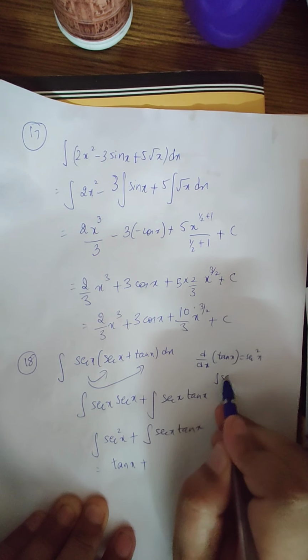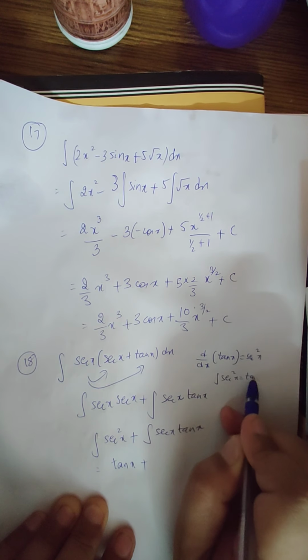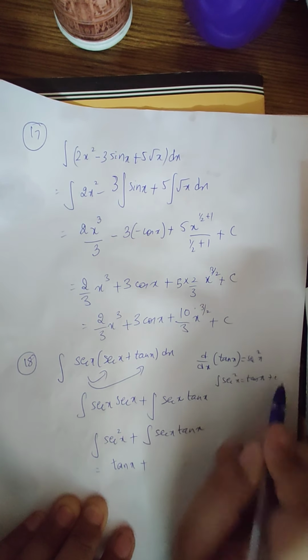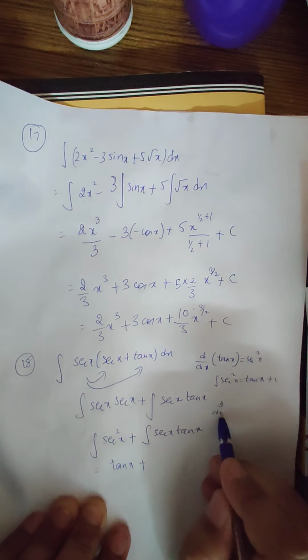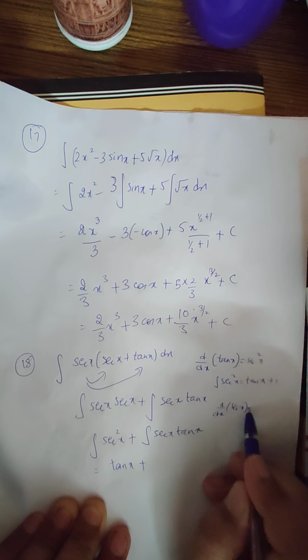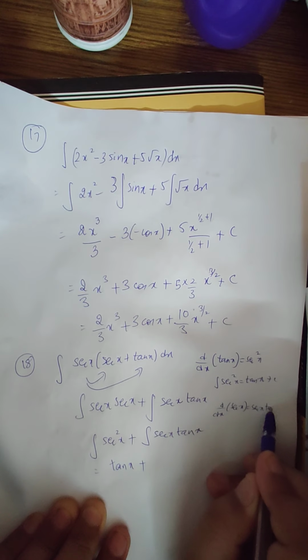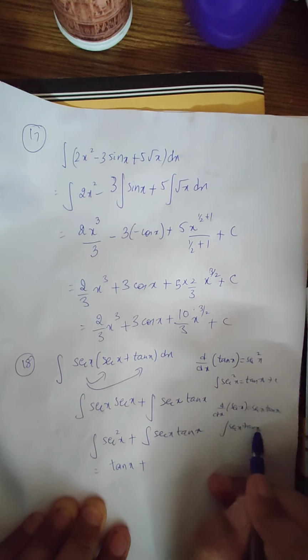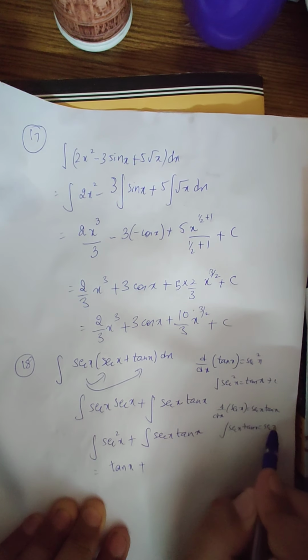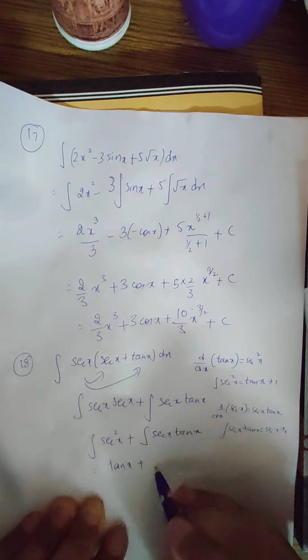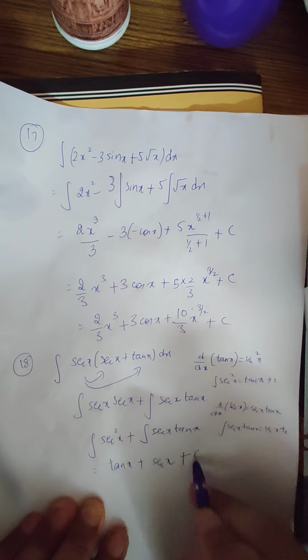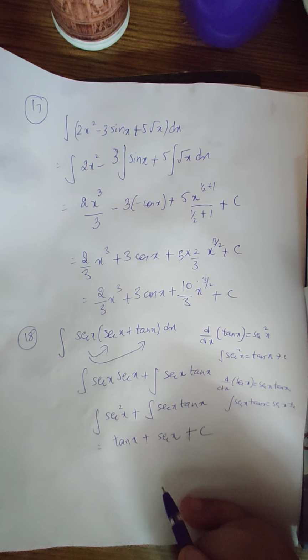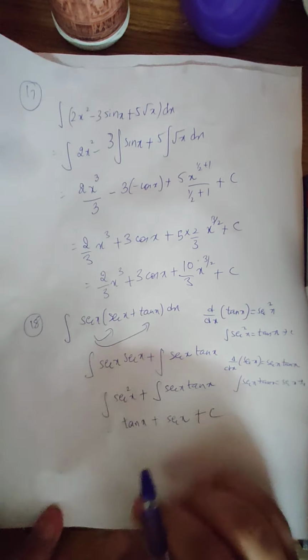So integration of secant square x is tan x plus c, and here d by dx of secant x is secant x tan x. So integration of secant x tan x will be secant x plus c. So this will be tan x plus secant x plus c. And 19th problem we have